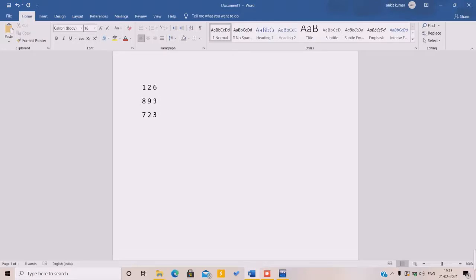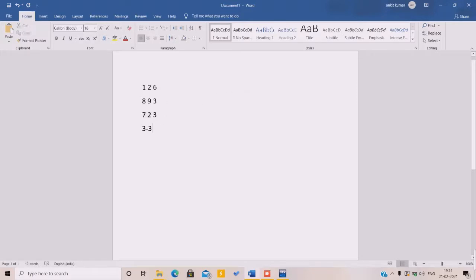So this is a type of matrix. This matrix is called a 3x3 matrix because there are 3 columns, column 1, column 2, column 3, and 3 rows also, that is row 1, row 2 and row 3. So this is called a 3x3 matrix.